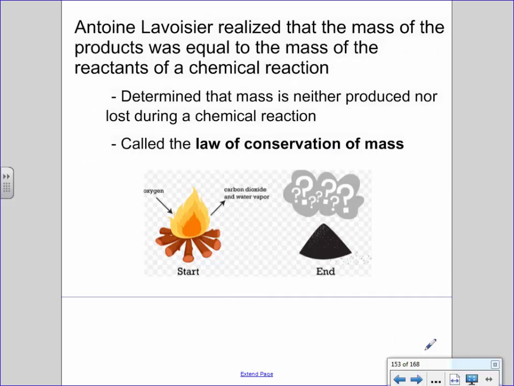Now, one of the most important things we have to do when we're writing chemical equations is follow Antoine Lavoisier's law of conservation of mass. Okay. We talked about him many lessons ago. I think it was like the third or fourth lesson. We talked about Lavoisier. He had an experiment he did where he realized that if you ever start with a certain amount of mass, like say 10 grams,